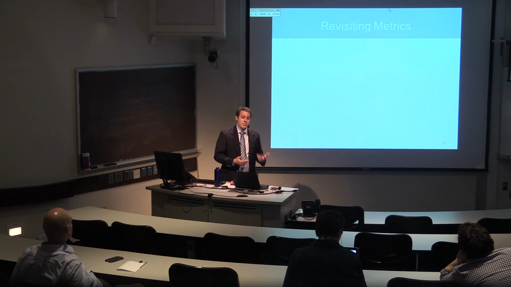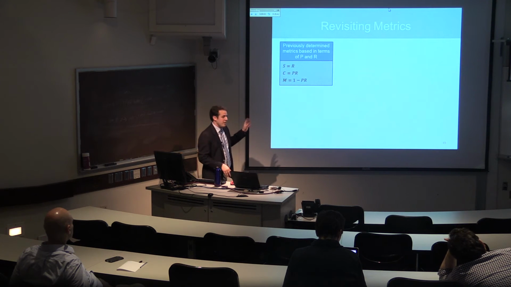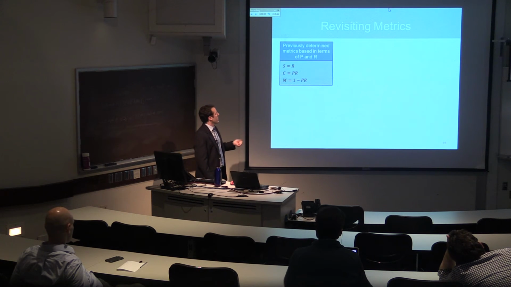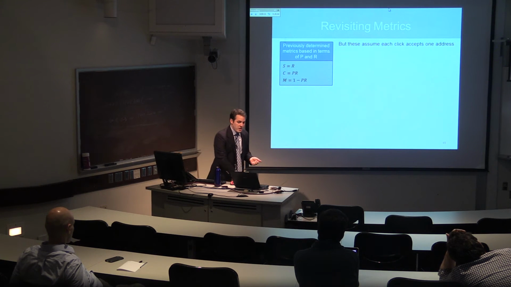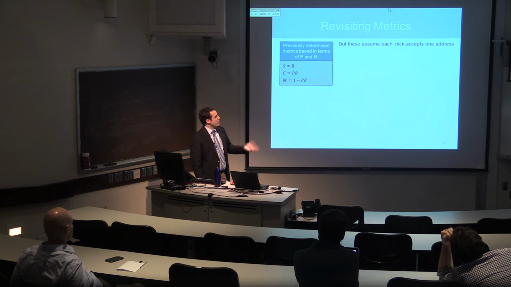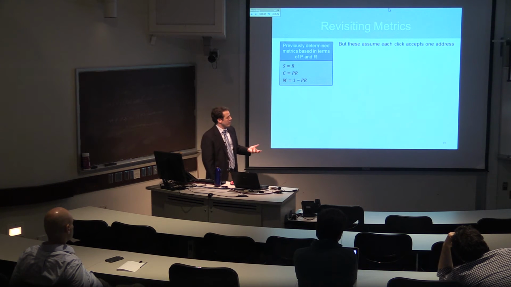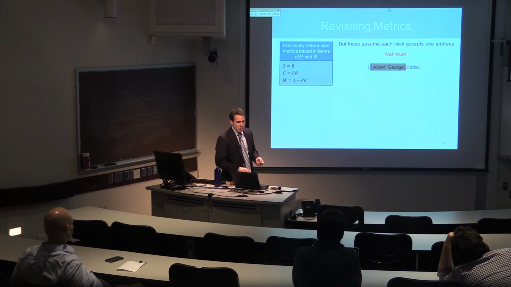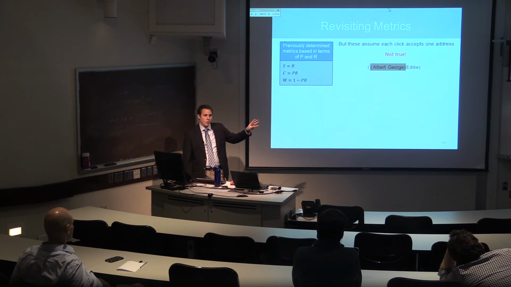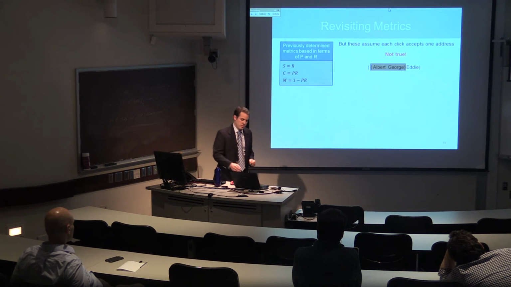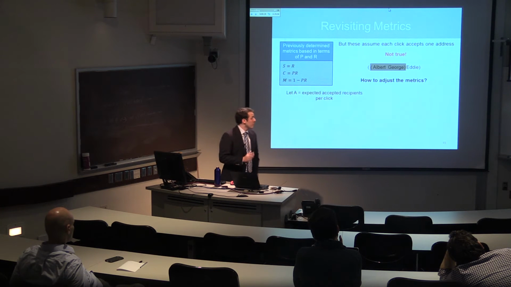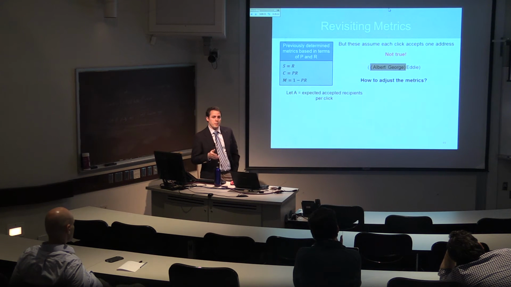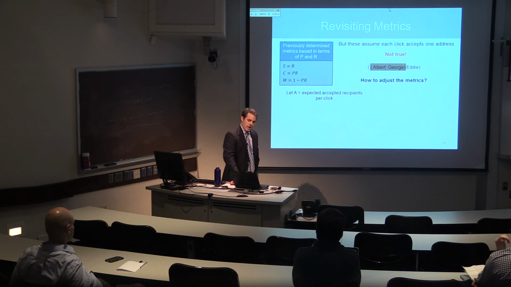We also need to revisit metrics. So recall we had S, C, and M, or scans, clicks, and manual entries, in terms of P and R, or precision and recall. So each of these metrics assume that each click accepts one address or recipient. But this isn't the case if we have hierarchical, because we can accept 2, 3, 4, or more if we have longer recipient lists. So how can we adjust these metrics to take into account that each click may accept more than one address? To do this, let's let A equal the expected accepted recipients per click, and let X